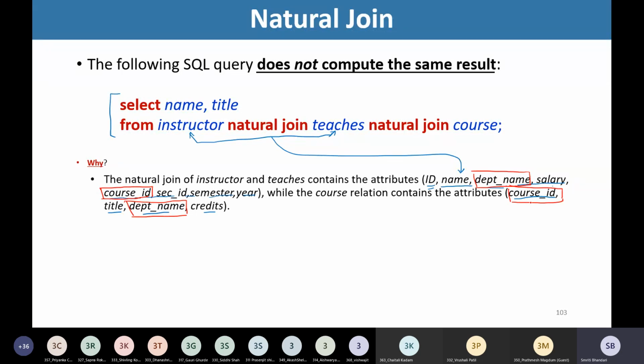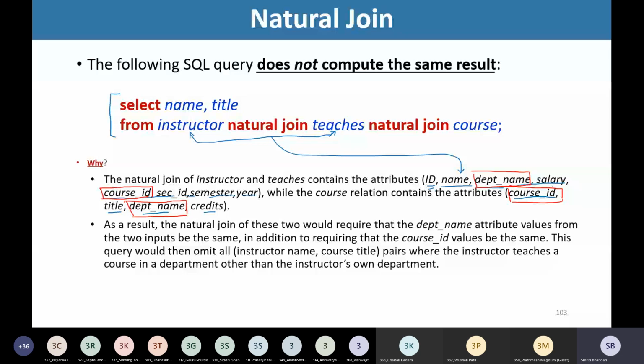So, in fact, these two attributes are common in these two relations. So, according to the definition of natural join, the tuples from these two relations are being matched with respect to these two attributes. Right?